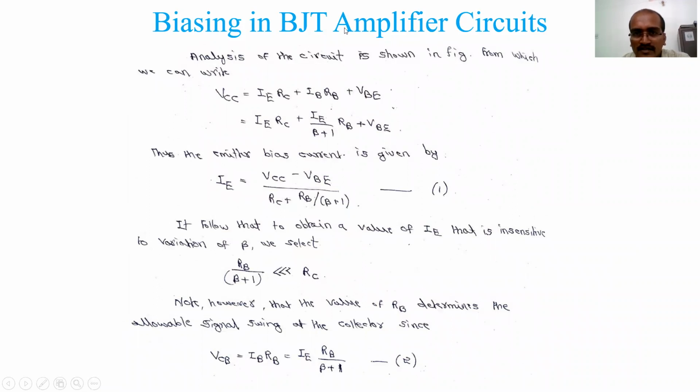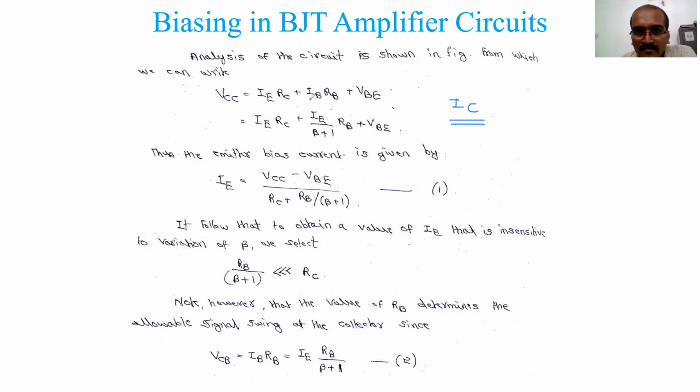Why have I written the equation in terms of IE? Because it is easy, as IE is approximately equal to IC. And you know that biasing a circuit is nothing but establishing the collector current. First thing is establishing the collector current, don't forget this. And then making sure it does not vary with the beta value and temperature variations. That is the second point that we saw yesterday in the beginning, so that is what I am going to do now.